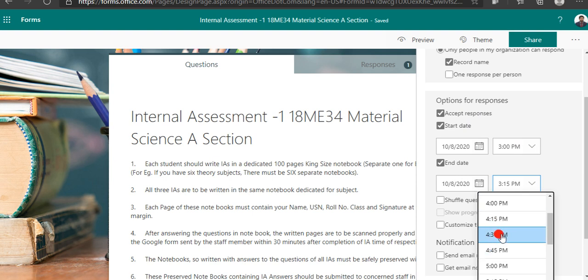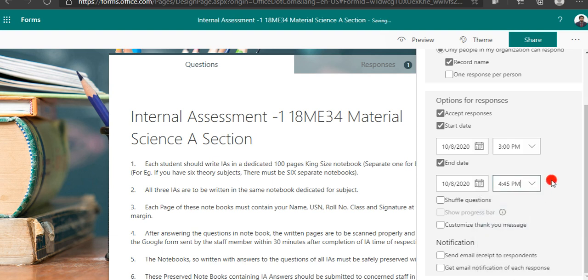Because if the student needs more time, he can upload after; you can give 15 minutes extra to upload, or half an hour also. So 1.5 hours, right, 3 to 4, or 75 minutes. Then it is around 1 hour 45 minutes, right.